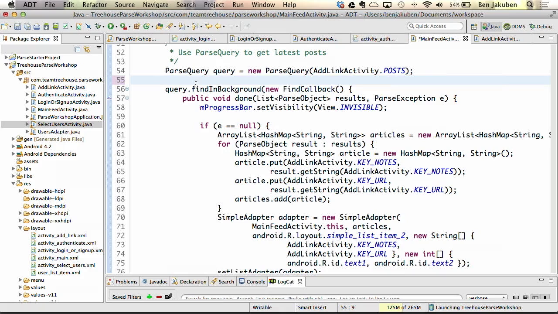Now, before we get into following users, I do want to add one thing here to our query object. I want to show that you can add different parameters to the query variable before calling the find in background method. So let's imagine that our app gets really popular and we've got millions of different URLs added to the site all the time. We want to be able to limit this query because we don't want to pull back everything from the table. So you can use the